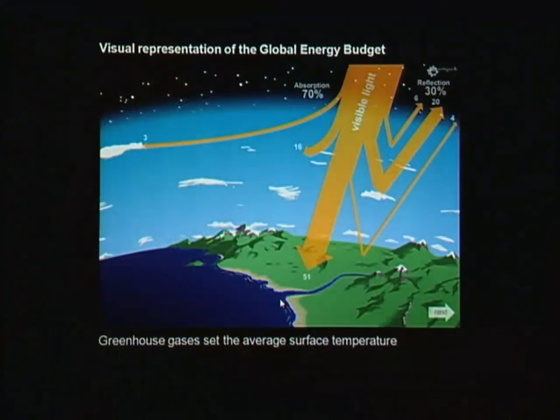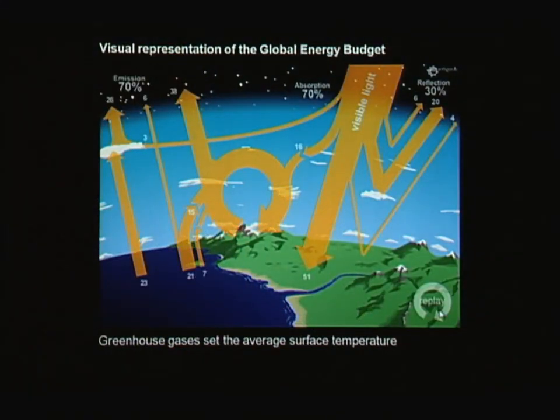Now, in our first diagram, we showed that all of it has to eventually get back out to space, not just the 30% that was initially reflected, or else the Earth's temperature would heat up. So the diagrams also usually show outgoing parts. There are several ways that energy exits the Earth. This 23% that's going out goes out with evaporated water.